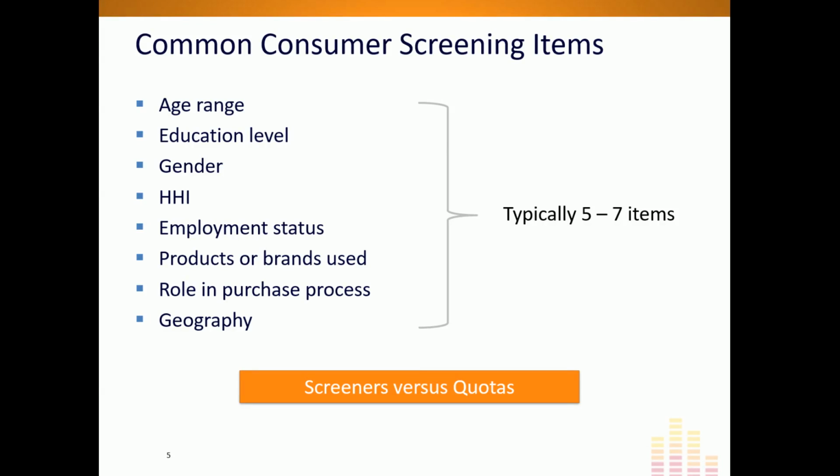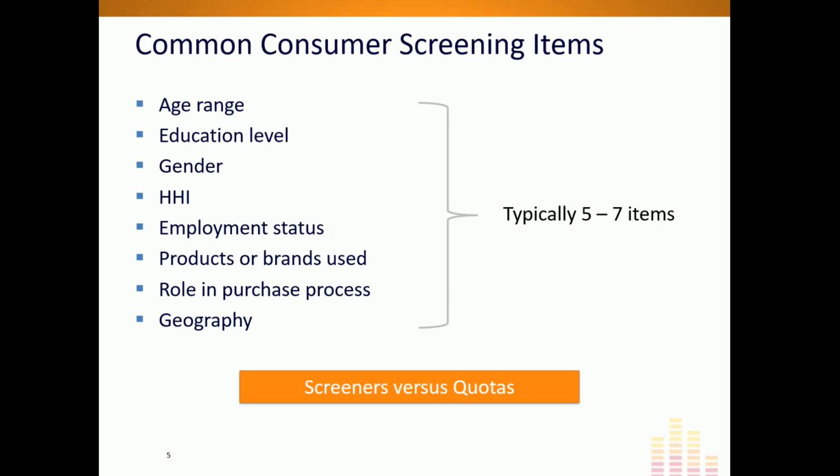Now, if we focus on consumer research for a minute as opposed to B2B research, there are a lot of items that we typically will see in a screener. These are some of the items you might see. Now, it is important that your screener isn't too long. That is, you don't want to ask somebody 15 questions and then tell them that they don't qualify for a project, especially if you're doing research with your own customer base, because that becomes a very negative experience, right? Nobody wants to take time to answer 15 questions only to find out they didn't qualify, right?